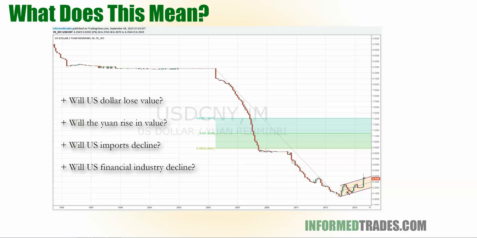We have seen a little bit of an up channel here from 2014. So whether this is just a bounce and an overall downtrend, you could definitely still argue that. I think you'd need to break over 7, maybe even 7.5 to say, all right, the downtrend is definitely over. But so far, this looks like a slow trend that's unfolding where the dollar is losing value, the yuan is rising, and a lot of this may be related to the fact that oil, which is still necessary for the global economy, is increasingly being transacted in yuan and not US dollars.